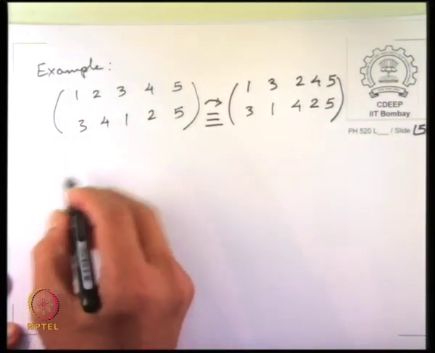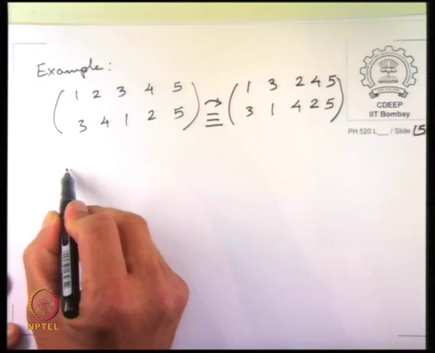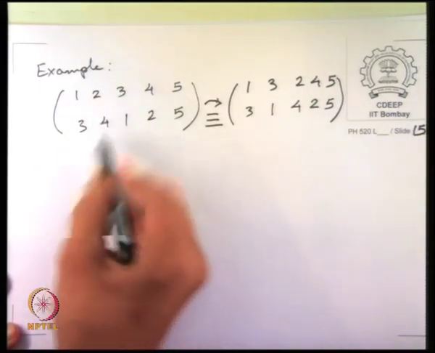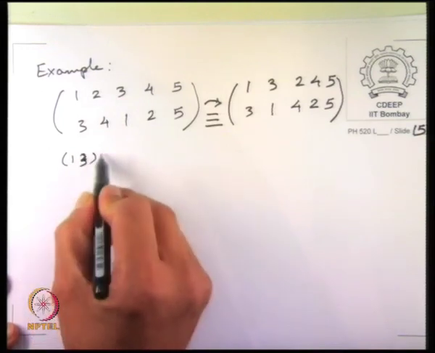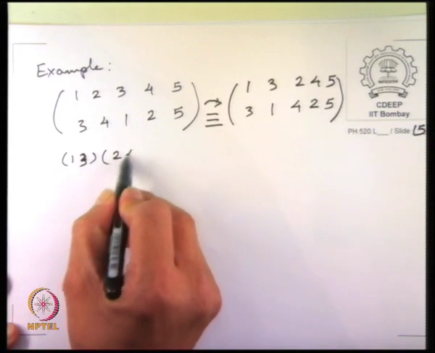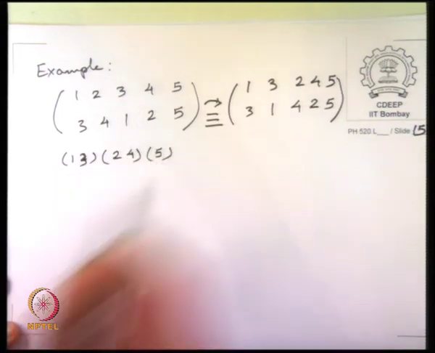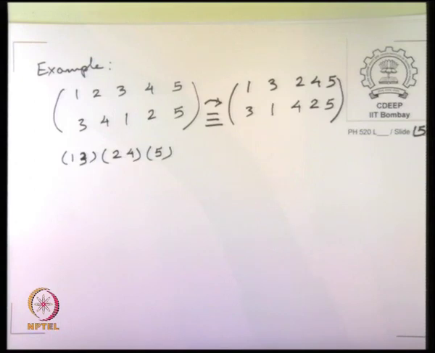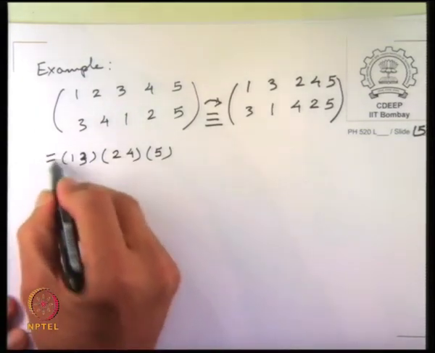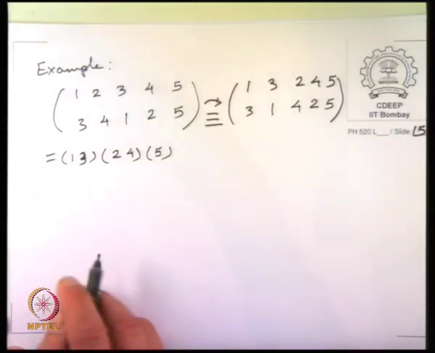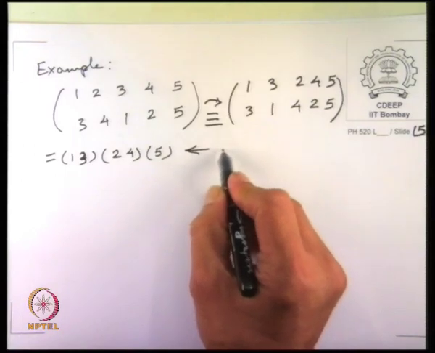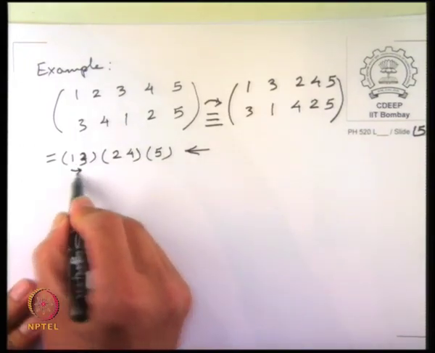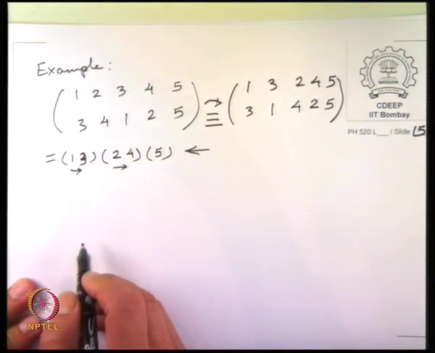How will we get from this to this? So if I take, 3 and 1 are of course pairwise. Actually the way it is written, it is already of the form where 1 and 3 are exchanged, and 2 and 4 are exchanged, and 5 is not exchanged. 5 remains 5. So this is a pairwise exchange representation of that same permutation. But now we are writing it like this. This is a different notation in which 1 goes to 3, 2 goes to 4.